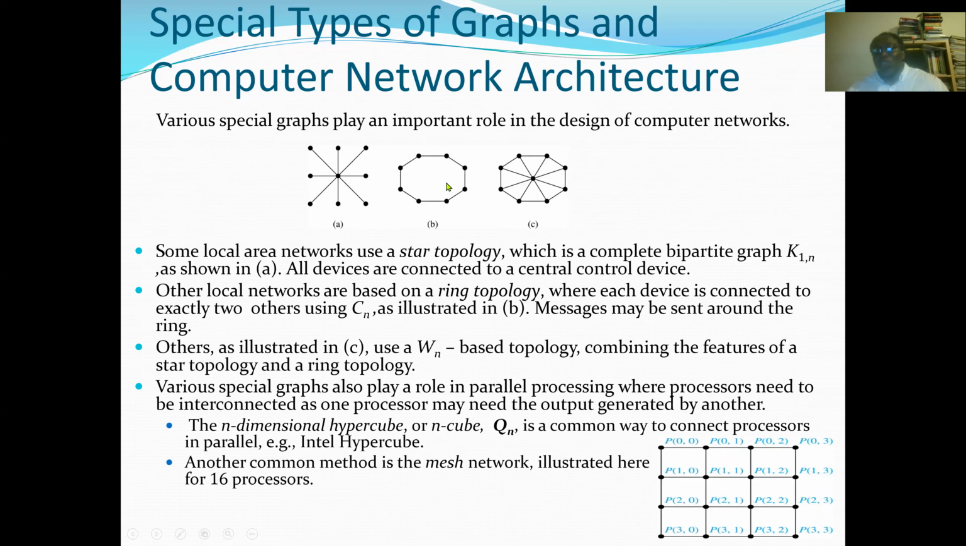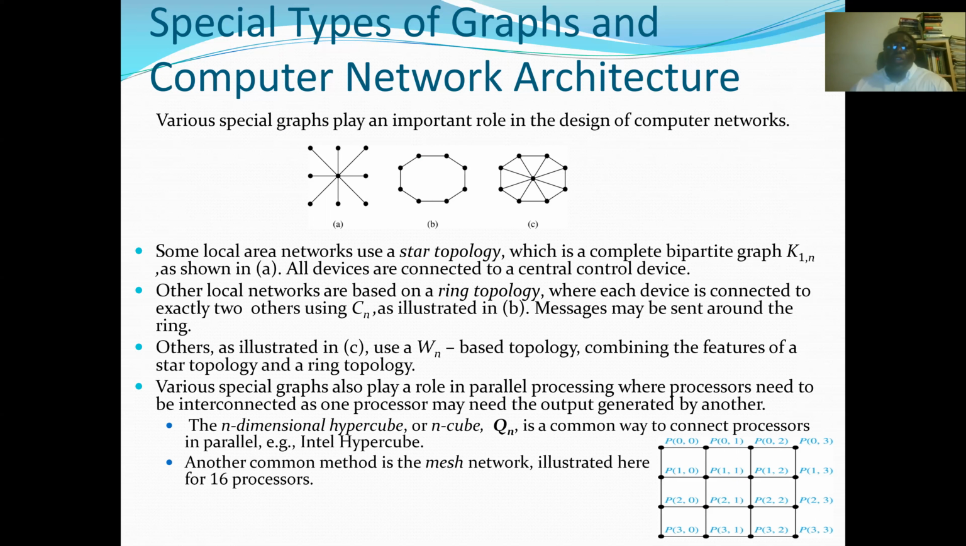If you don't have the token, you cannot transmit data. Then we have the mesh topology. Mesh topology means all the computers are connected to each other, so the vertices here are computers. Those are the three basic computer network